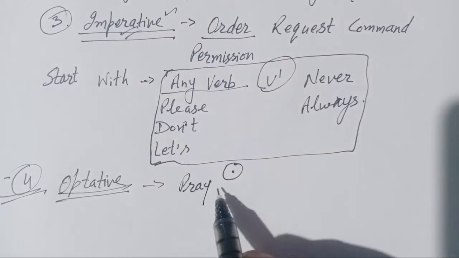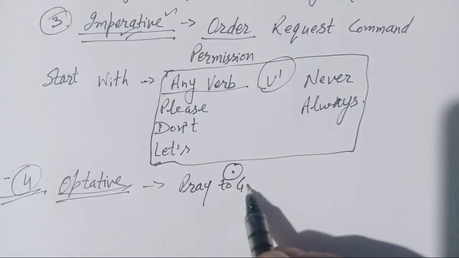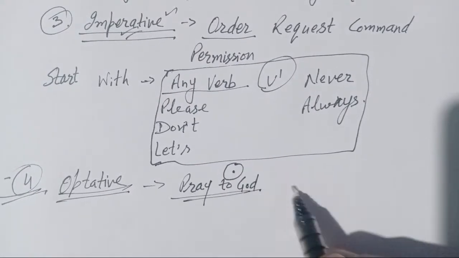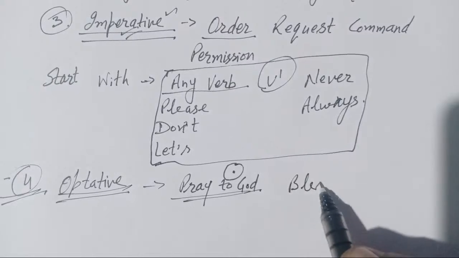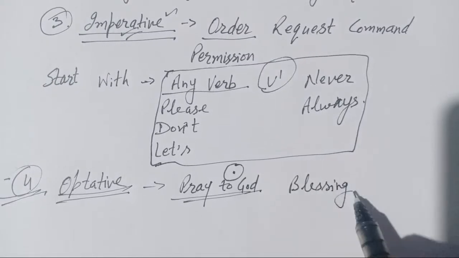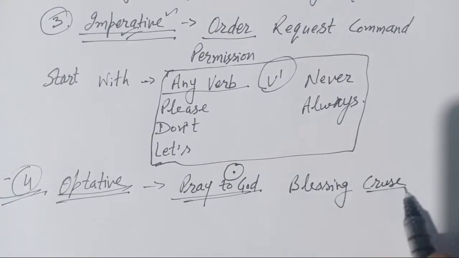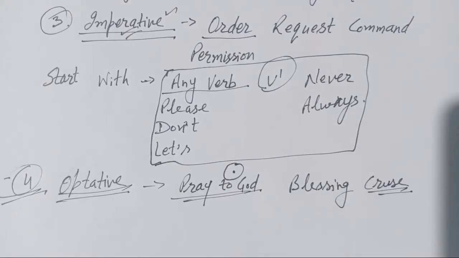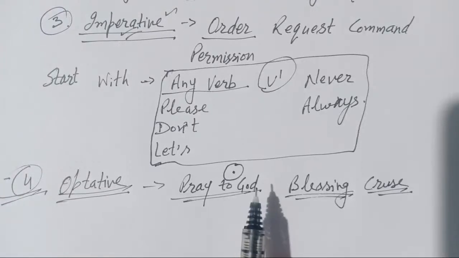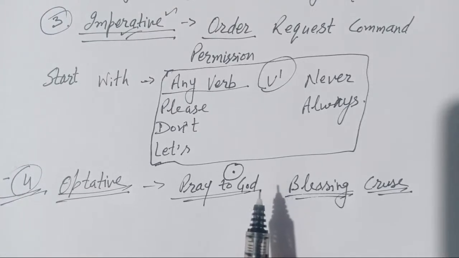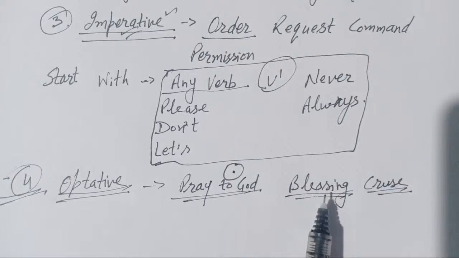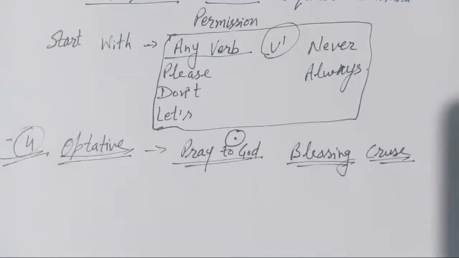So, a prayer to God, or any blessing, or that can be a curse also. Okay, means we may pray to God regarding ourselves or somebody else. We may bless someone, we may curse someone in these type of sentences, just as